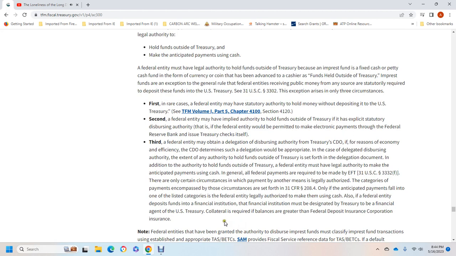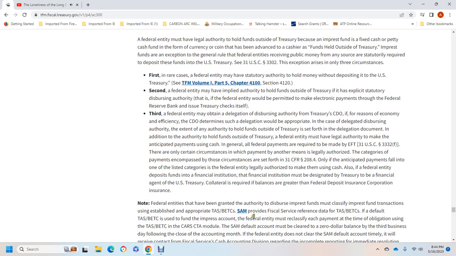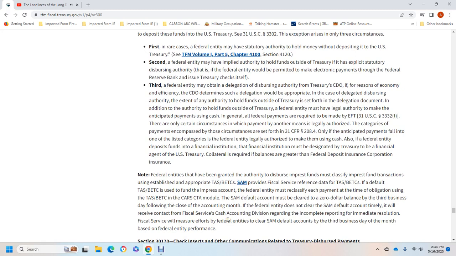Also note, federal entities that have been granted the authority to disburse imprest funds must clarify the imprest fund transaction notice established for appropriate Treasury Account Symbol business event type codes. The stamps provided with officials with the reference and the tab of the Treasury Account Symbol business event type code is the default of the Treasury accounting system. The imprest account of the federal entity must reclassify each payment at every time of the obligation, using the Treasury Account Symbol, business event type code, of the accounting